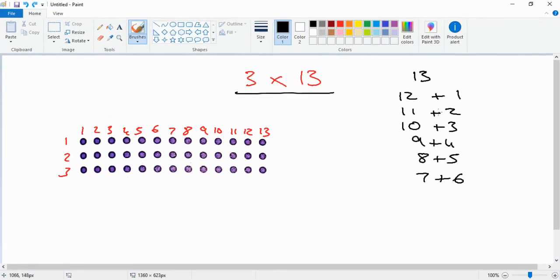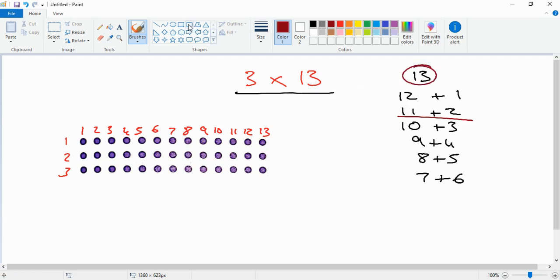There's no need. So again, I need to think, which of these times tables do I know? Again, I might know the 10 but not the 3, so there's no point. I might know the 4 but not the 9, so leave that. Look for ones that you know both of them. I like the 11 and the 2. I know both of those, so I'm going to swap the 13 for 11 plus